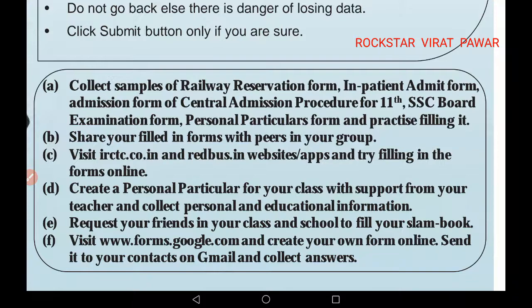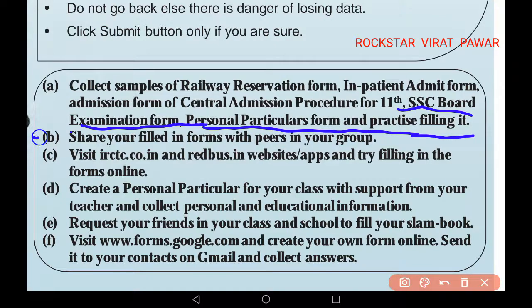Collect samples of a railway reservation form, inpatient admit form, admission form of the central admission procedure for 11th SSC board examination, personal particulars form, and practice filling them.